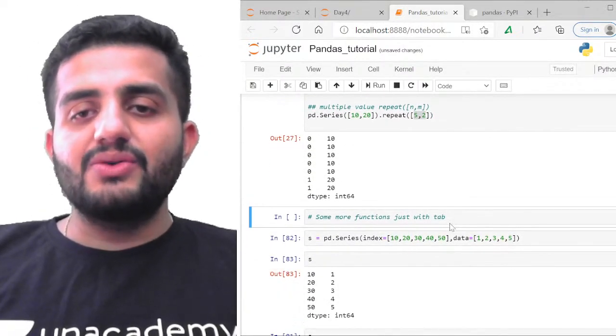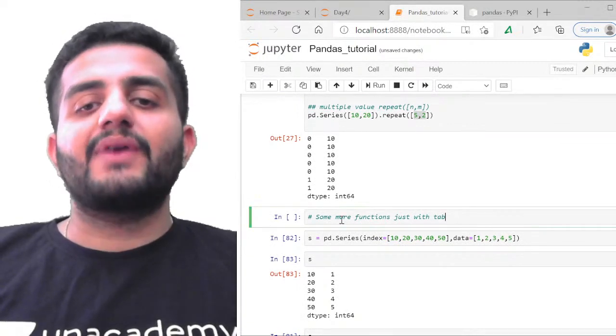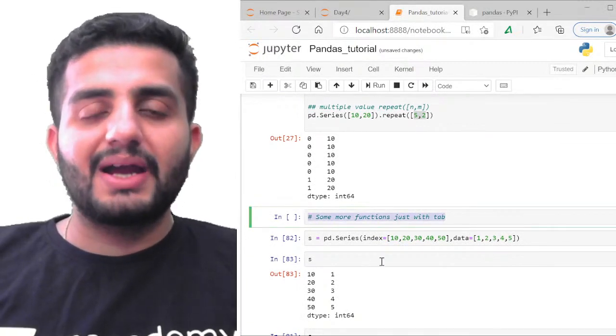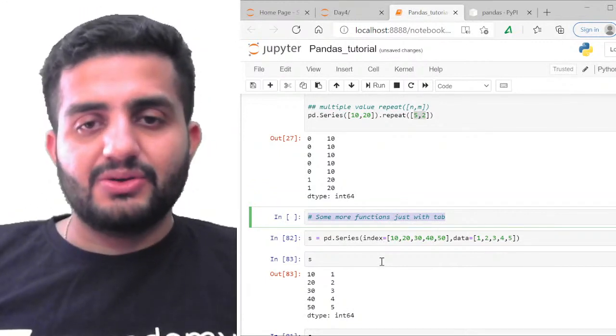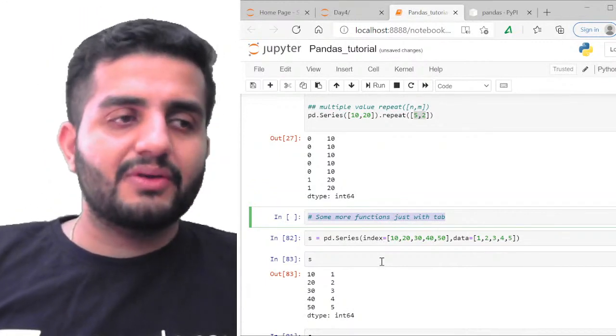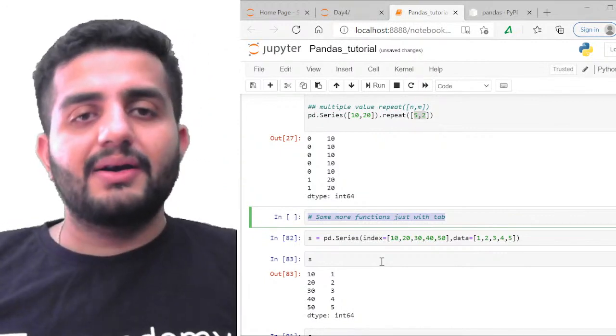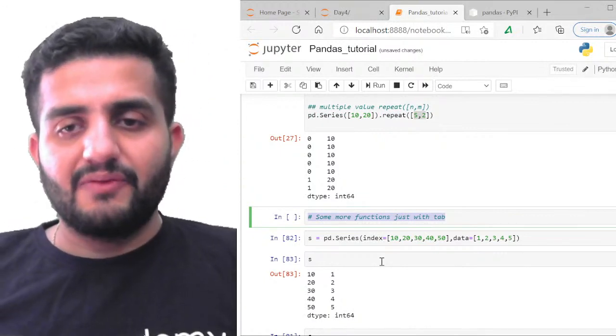So let's understand some more functions available within my series element. We talked about repeat as one of the functions. The series element has a few more good functions, some of which we have already covered, so we'll do a recap.